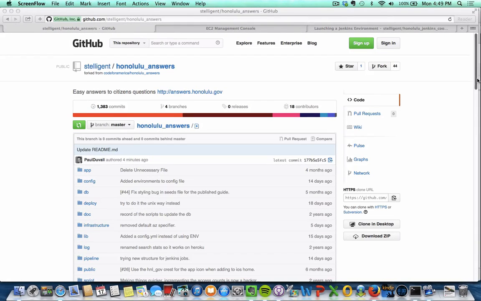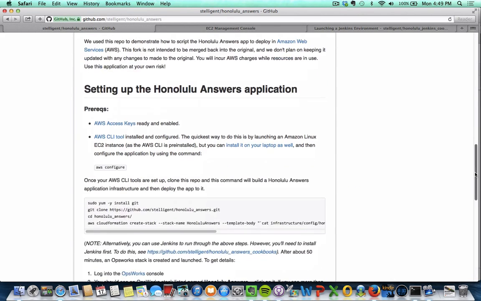I'm going to start where you currently are, which is github.com/Honolulu_answers. Of course, the README is here, so I'll be going through the steps in the README. So you'll see here that you can install on your computer, but what I'm going to do is set up